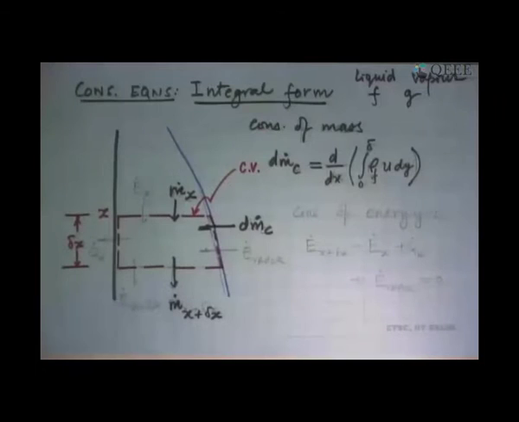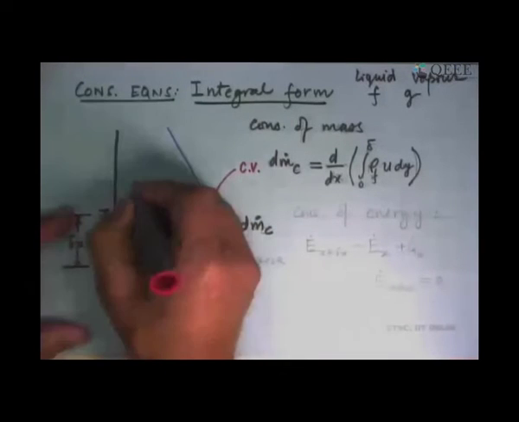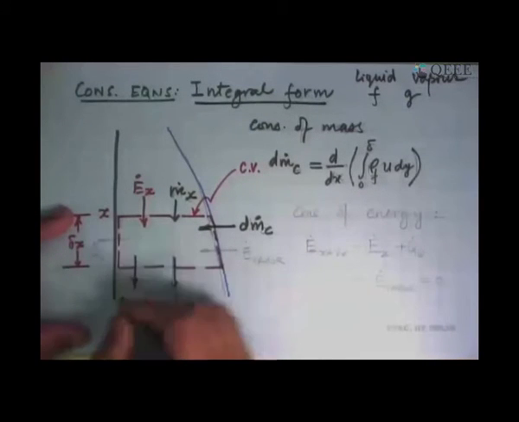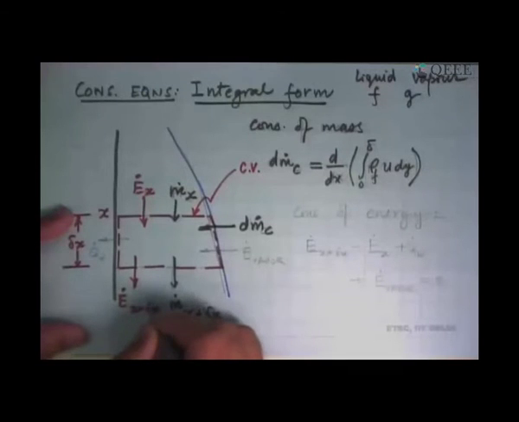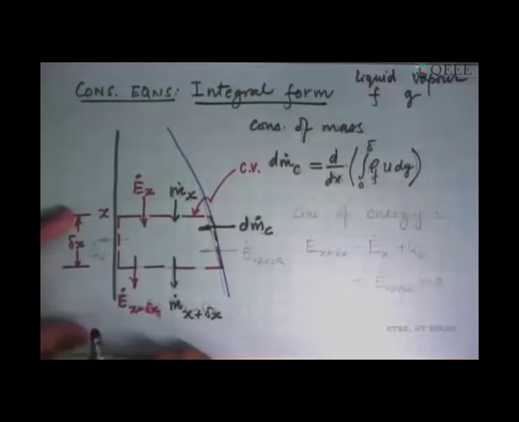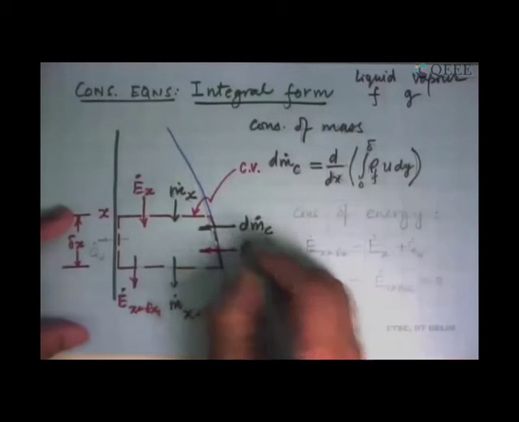Now we'll apply conservation of energy, and we say, what are the energy inflows into this? At this side you have convection happening. This mass is carrying its energy with it. At the lower surface you have the exiting flow rate at x plus delta x, which is E dot x plus delta x, the energy going out of this phase.